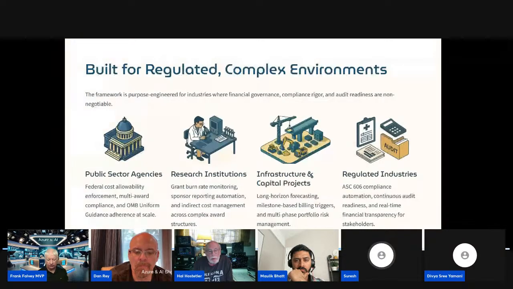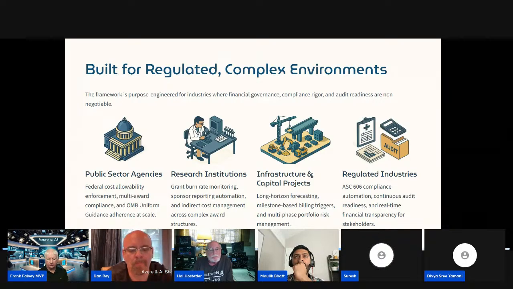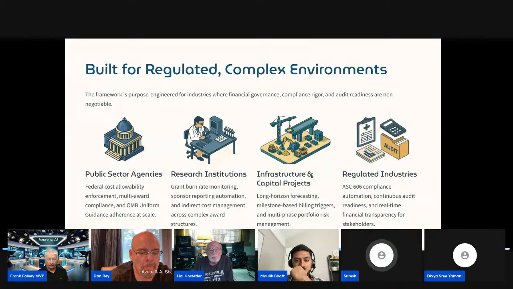Okay, so again, the same framework is especially valuable for highly regulated industries. As I mentioned before, public sector is one such example, along with research institutions where funding operates mostly on grants and they have to carefully monitor the funding, infrastructure programs, and regulated enterprises. These are the key example industries, and these organizations require strict compliance for, as I mentioned before, match requirements from different sponsors, audit readiness,